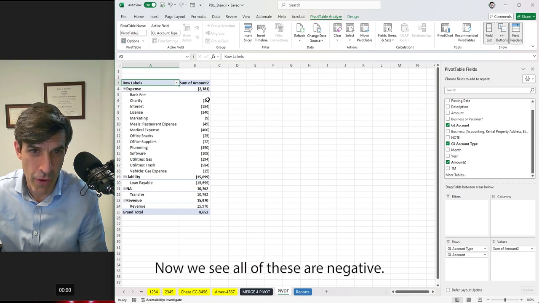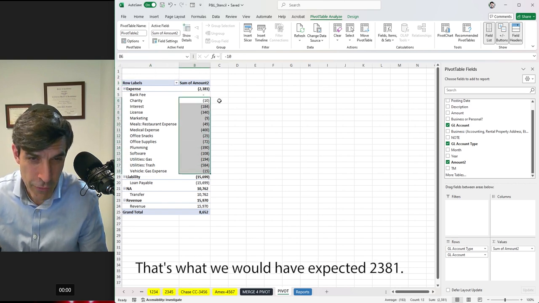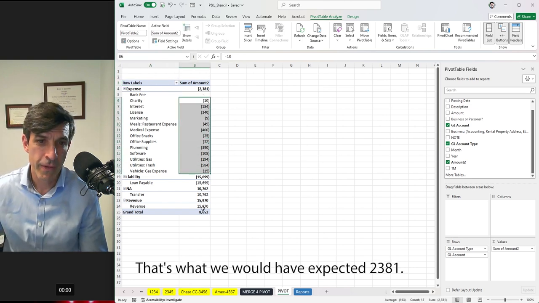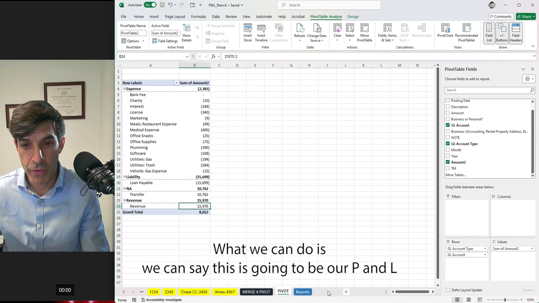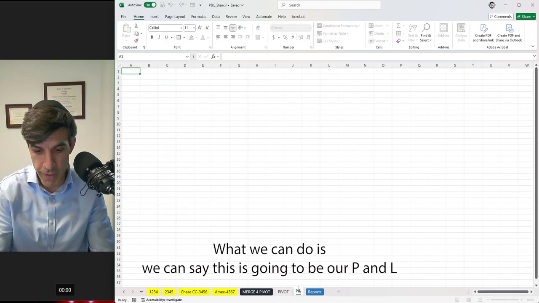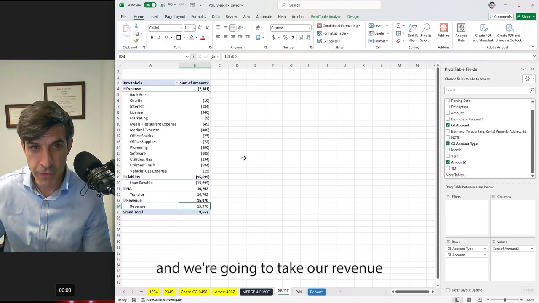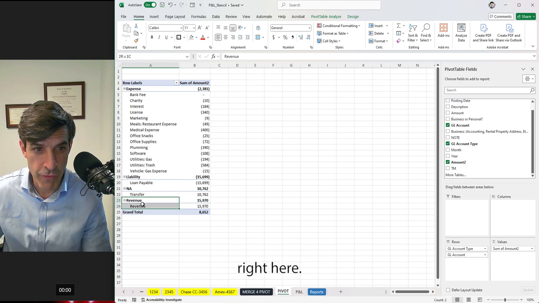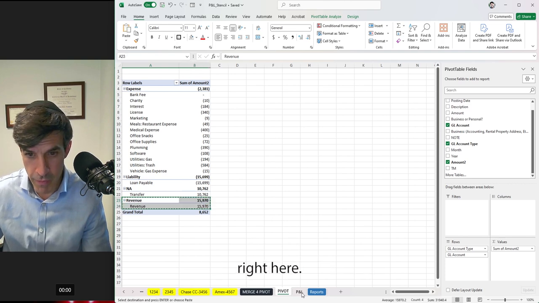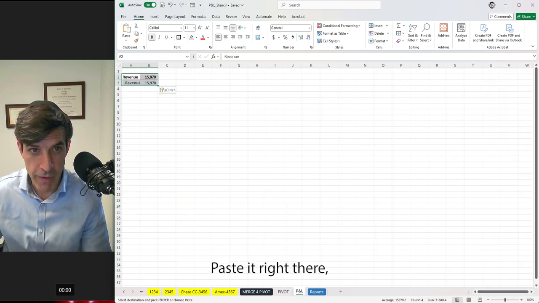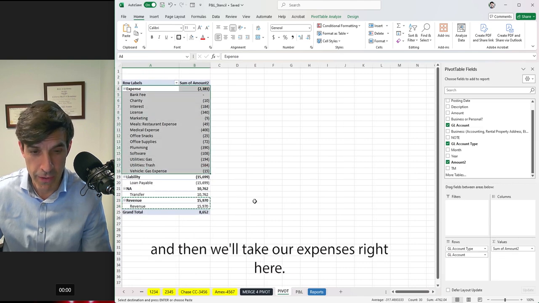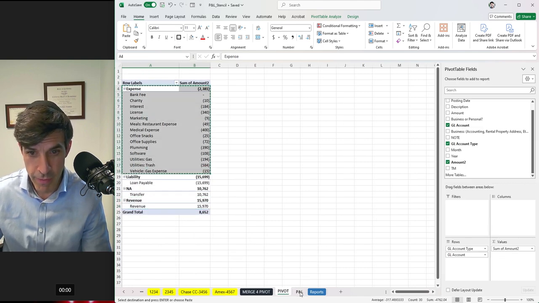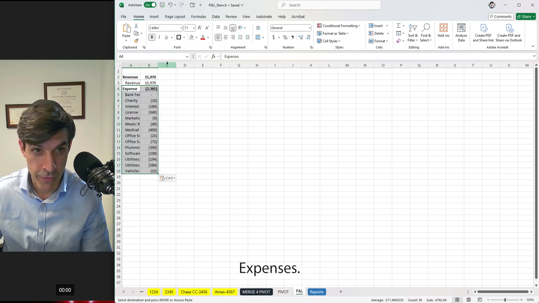Now we see that all of these are negative. That's what we would have expected, 2381. So if we want to know what our revenue, just our profit and loss statement, right? What we can do is we can say this is going to be our P and L. And we're going to take our revenue right here, paste it right there, and then we'll take our expenses right here, expenses,